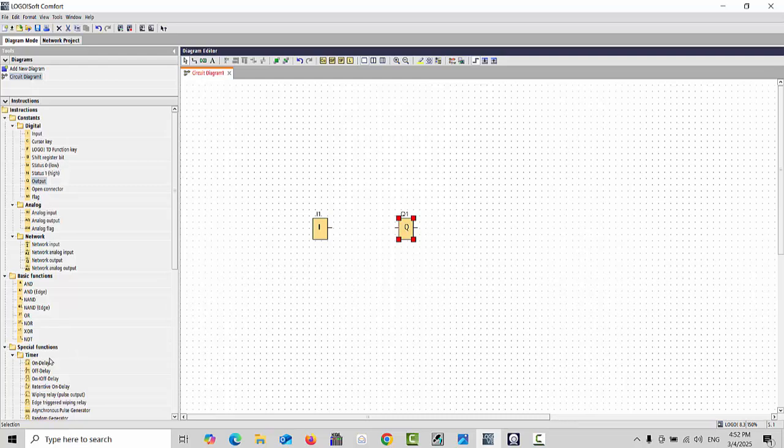This is in the special functions, where you can see the section of timers. Here you can choose the on delay timer, and we place the timer here inside between this logic. If you would like to adjust your areas, you can easily adjust. Then very simply, connect this one line to the trigger input, and this one to the output Q1, and then you have to download to the PLC. Just click on download,